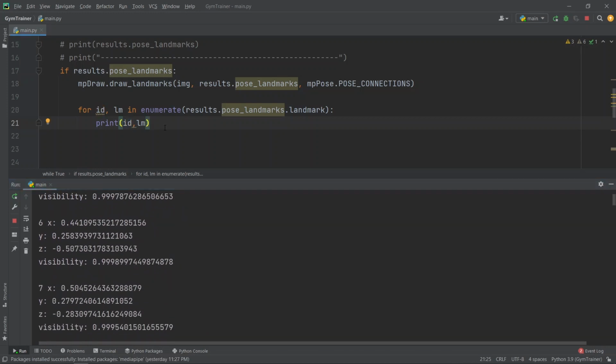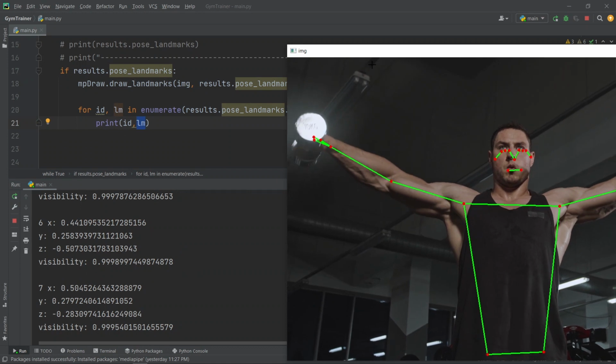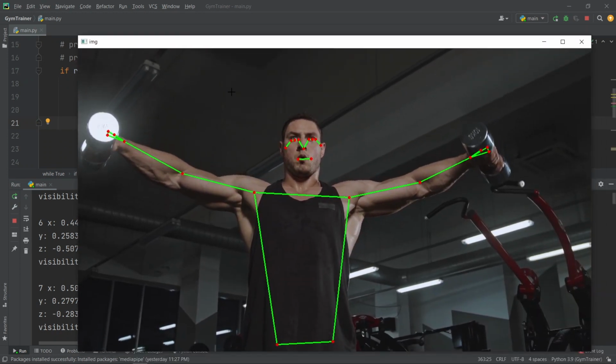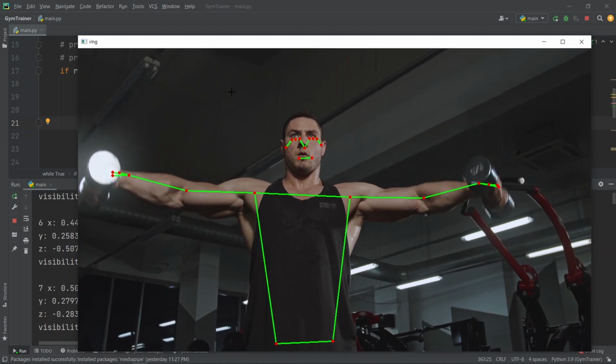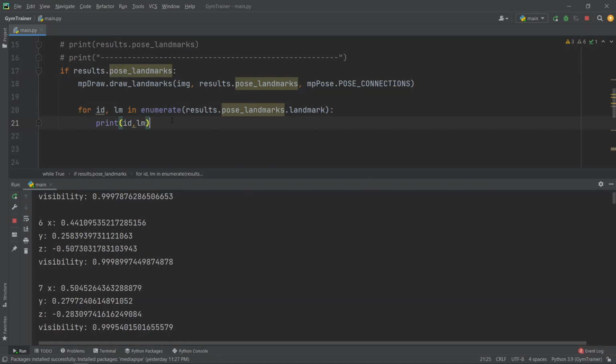Now the first thing we have to do is convert these landmarks to pixels, because right now these are ratio coordinates and we cannot actually do anything with these, because this particular image or video is based on pixels. So we have to convert the coordinates to pixels. For that, the formula is quite simple. Let me just pause it from here,